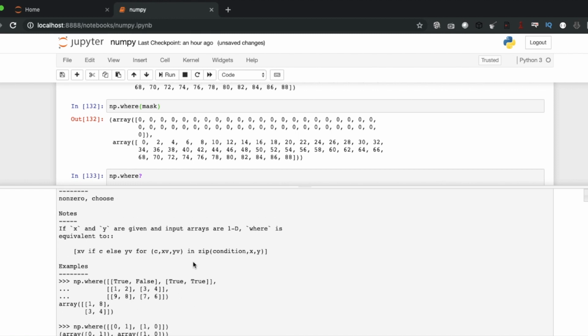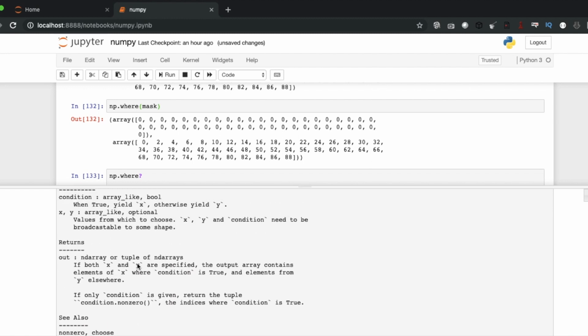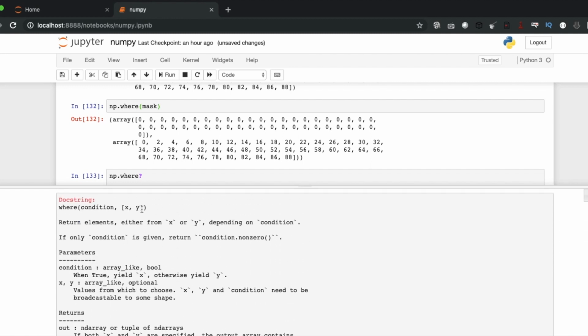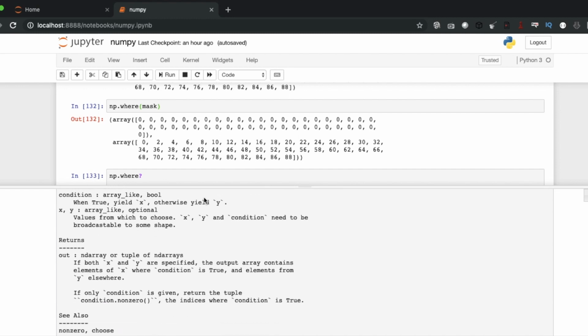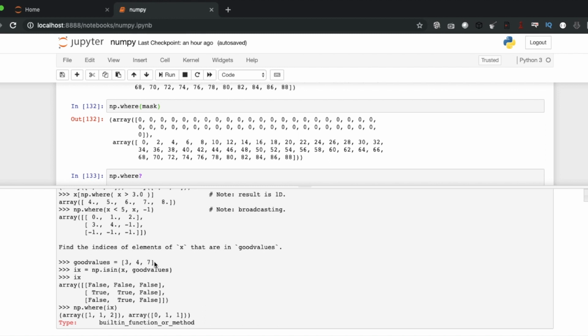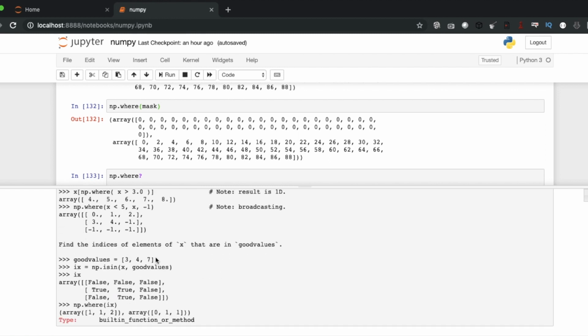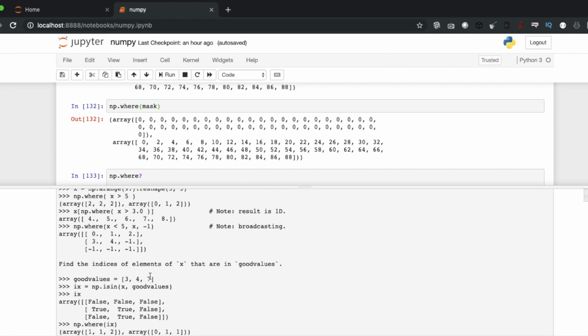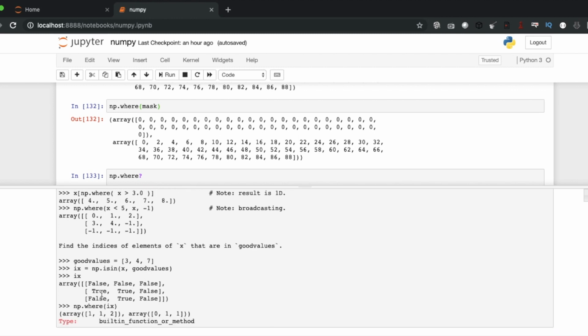Parameters: where conditions and x, y. x, y return the elements either from x or y depending on the condition. If only condition is given, it returns condition dot nonzero. But it is printing one good values x. What is x? I'm not sure. True, false, false, false, true.